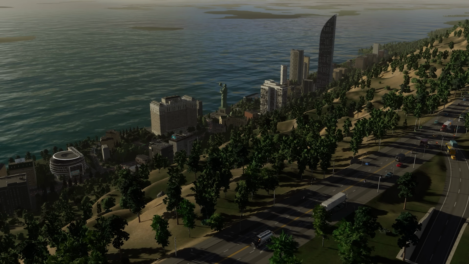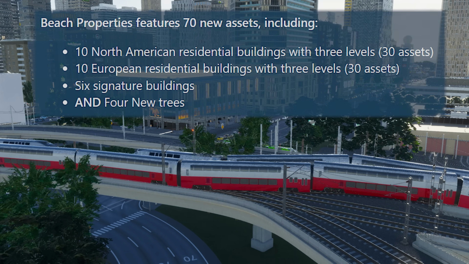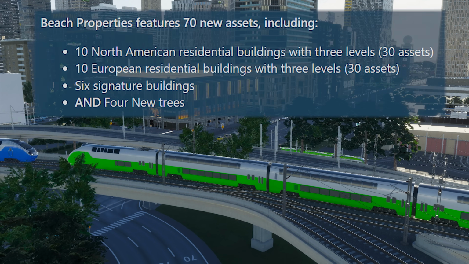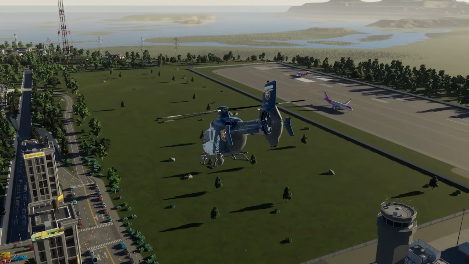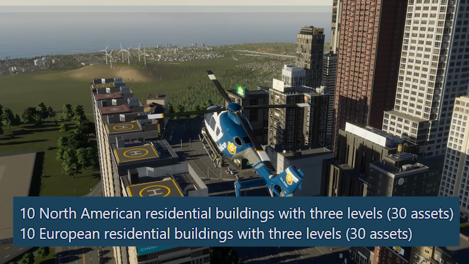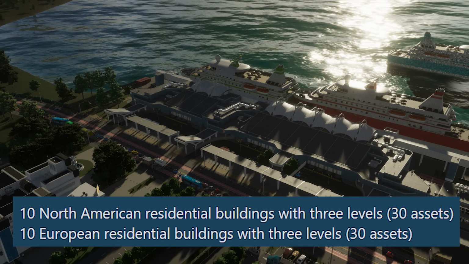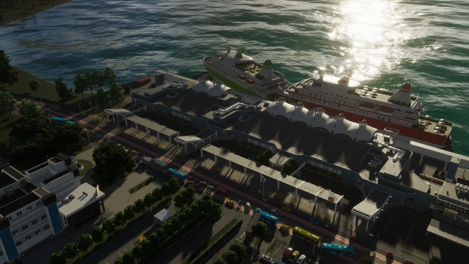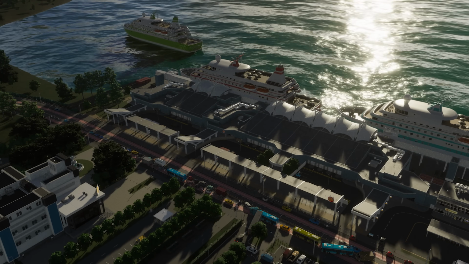Looking into the detail, and things get a little bit interesting. So they say that the Beachfront Properties DLC features 70 new assets in total, including the 30 North American and 30 European residential buildings that we talked about earlier in the trailer. However, an important note here, it's 10 buildings per category, 30 assets within each. So it's actually 10 North American residential buildings with 3 different levels to them. And the same applies to the Europeans. The signature buildings stay the same, and finally, the final 4 assets to round out the pack are 4 new